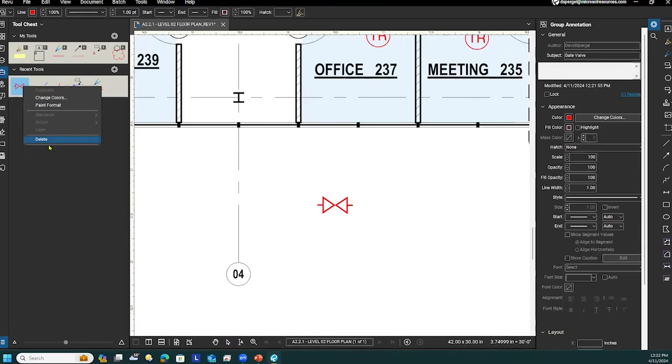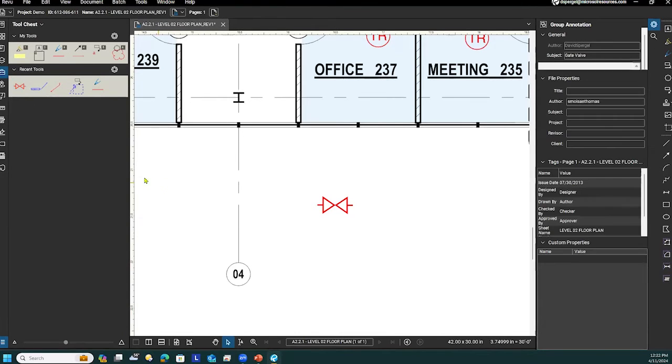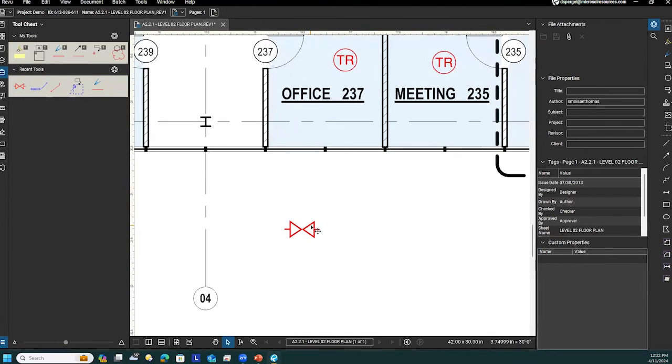Even do for us here. We can't even do it. So that's the situation where you would want your markup to be in symbol mode, not in properties mode. Okay, so that's great. But the problem with having this stuff in recent tools is that if I were to